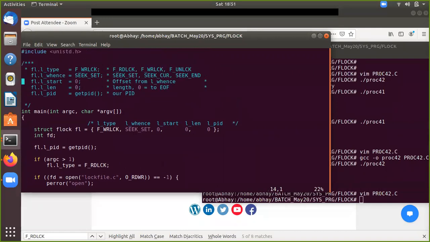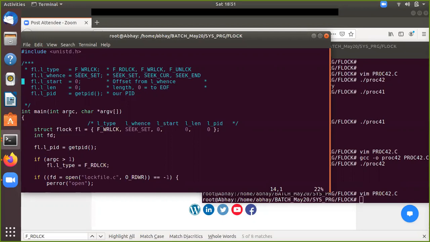Okay, so in flock there is a type. So this flock structure has few members. Let's talk about this. Basically this is helpful when you are going to put a lock on a file. So let's see what kind of members are available with this flock structure.